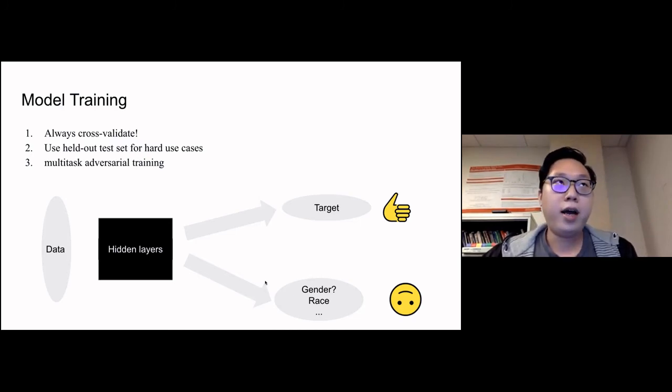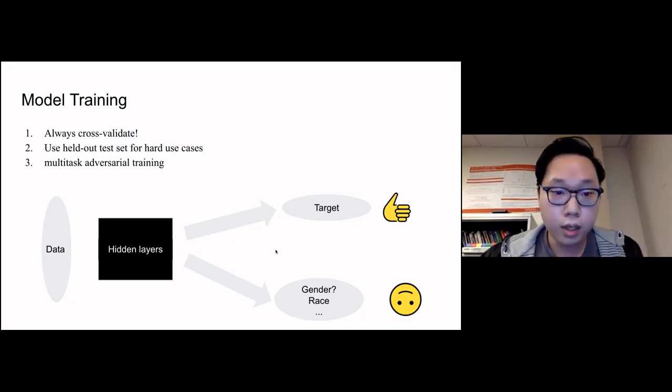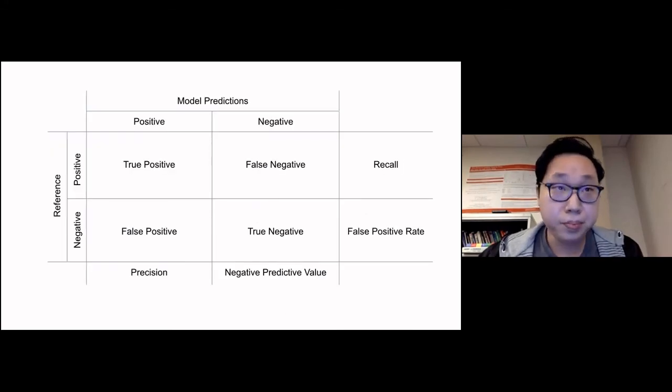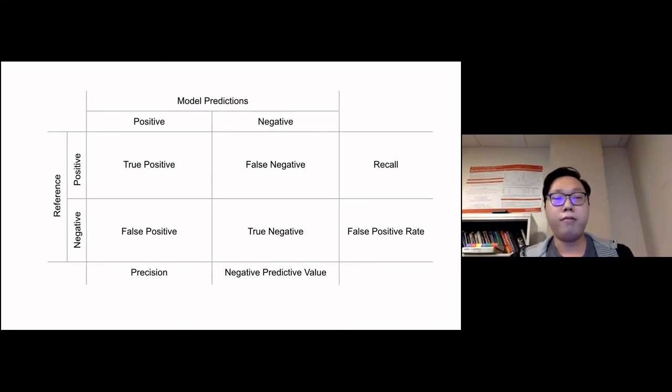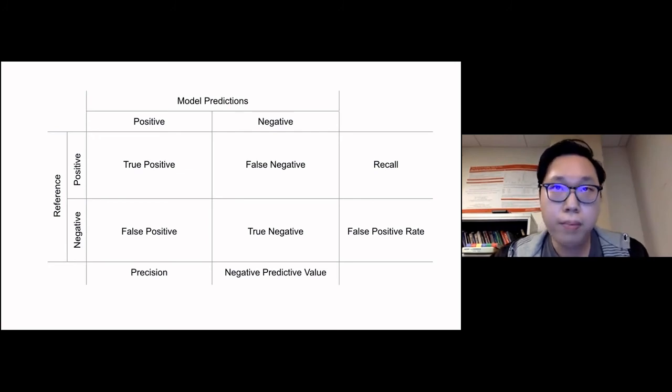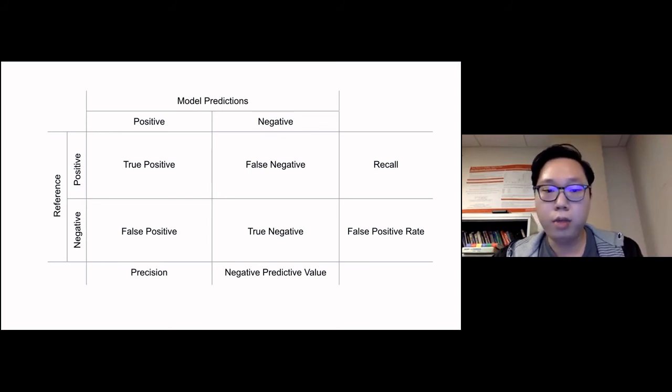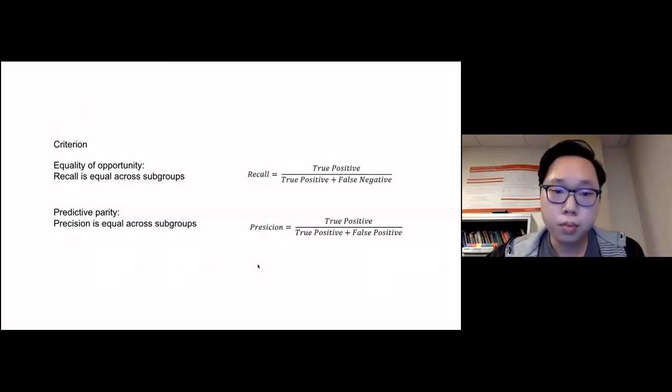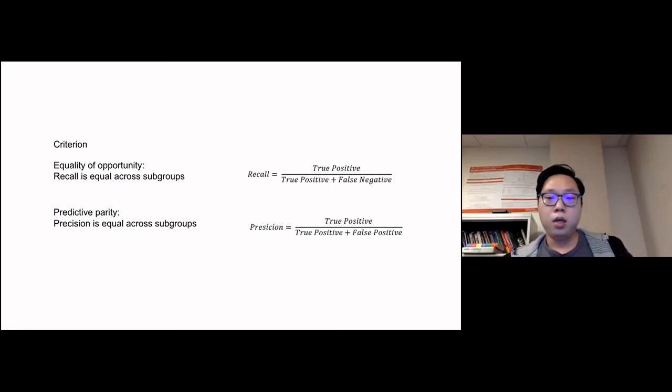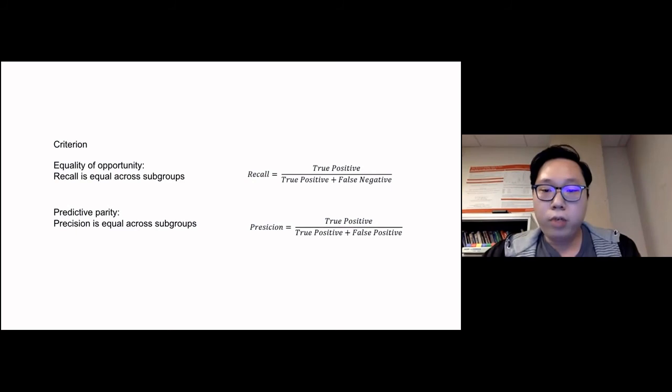After we have a model that we assume might work great in the real world, we need proper metrics to evaluate whether a model is fair. So this is a confusion matrix that we showed earlier on Tuesday. Based on the confusion matrix, we have several ways to measure how good a model is, for example, F1, recall and precision. Here I will speak in more detail about recall and precision.